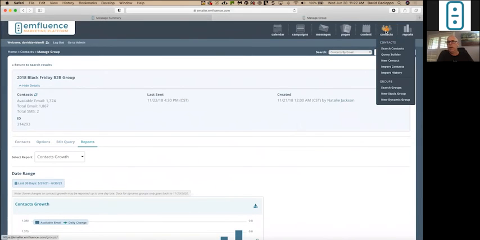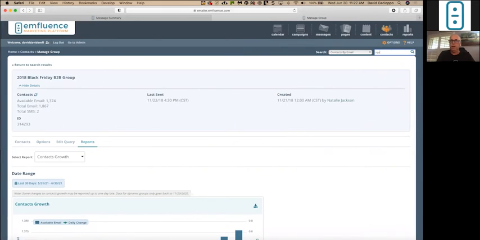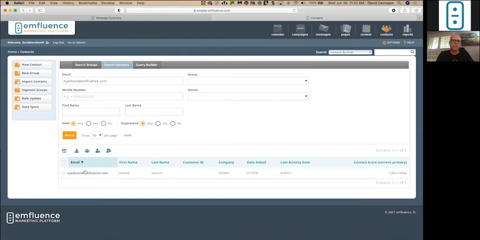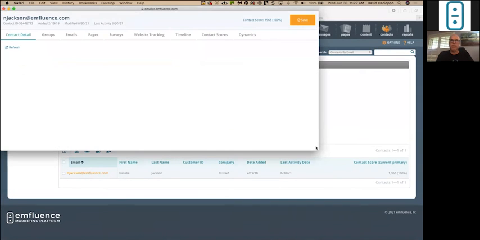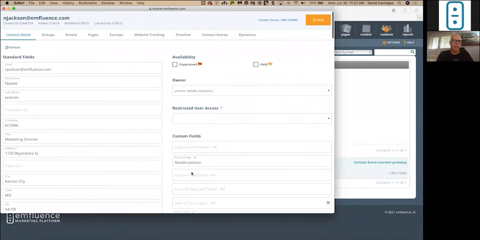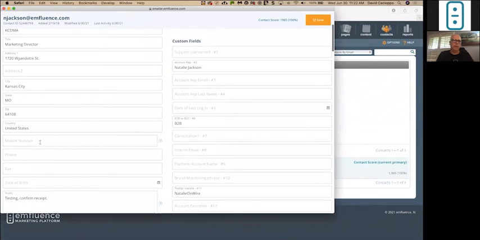All right, so the final one that I want to show you is in a contact record, and we're very excited about where we're headed with this one. So let's go back to Natalie's contact record here. And we can see there is a new field added to the system. I'm going to scroll down just a little bit, and we have a mobile phone number. So we are now gearing up to add SMS to the application. In our efforts to do that, we're rolling out bits and pieces of the required components. The first one is a mobile number.